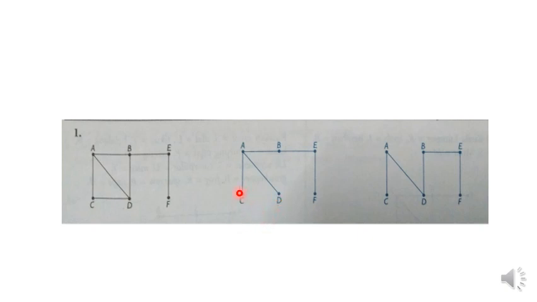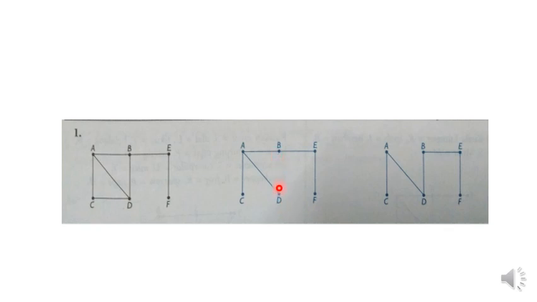One more way, you can connect C and D by using a longer way. That is, from C you move to A first, from A you move to D first, and then D and C you can join. So this is the longer way to join C and D. So to join C and D, if you put a line here, that means there are two ways to join C and D. If you have two ways to join the two vertices, that means the graph is not a tree, but this graph is a tree, because